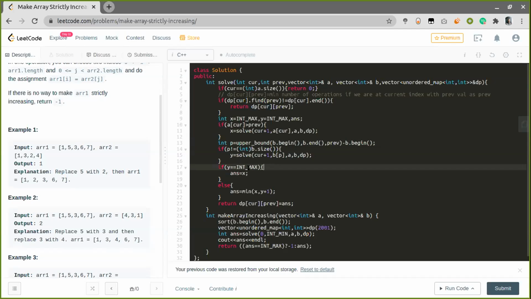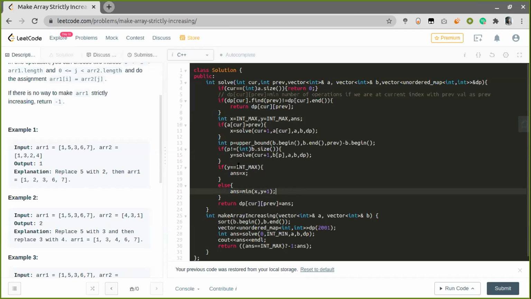But there is an issue, since we have made this int max, and if we directly take x and y plus 1, it might happen that the value of y does not get updated here, and the value of y remains int max. Now, if I add int max plus 1, then it will overflow, and the answer will get a negative value.